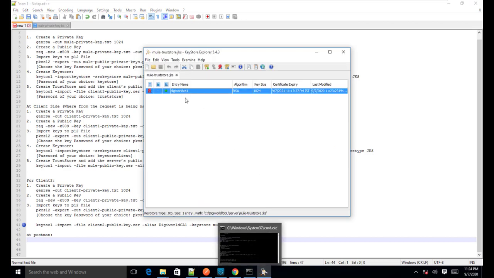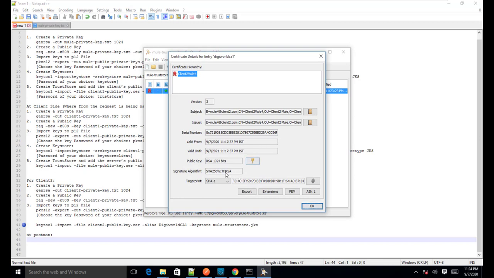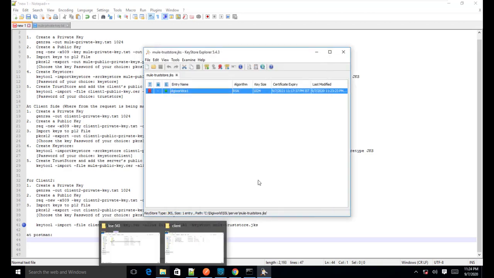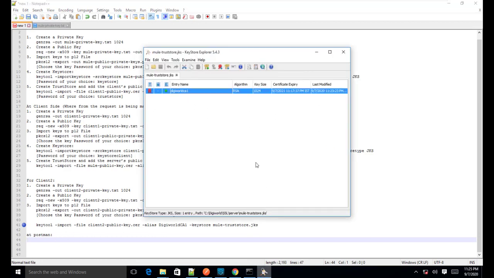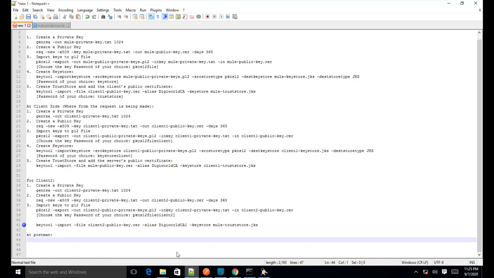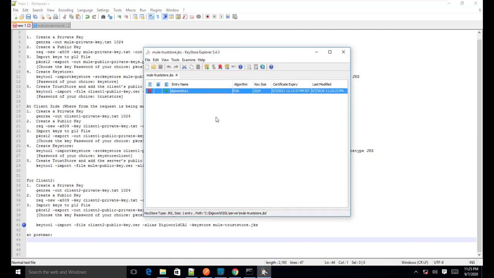So how to verify that? There would be a certificate serial number. See, this is the certificate serial number. This is now trusted by our server. But if we open the certificate of the client 1, that is not having this serial number.